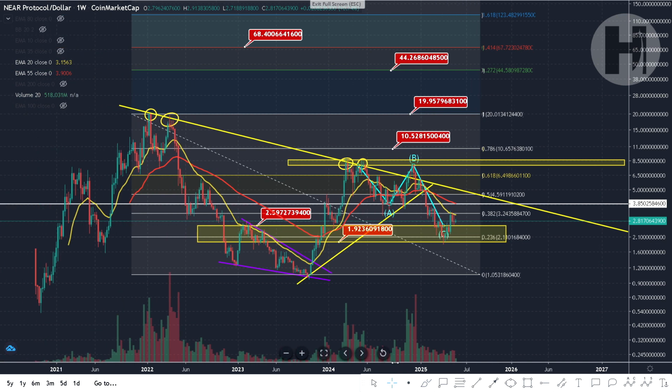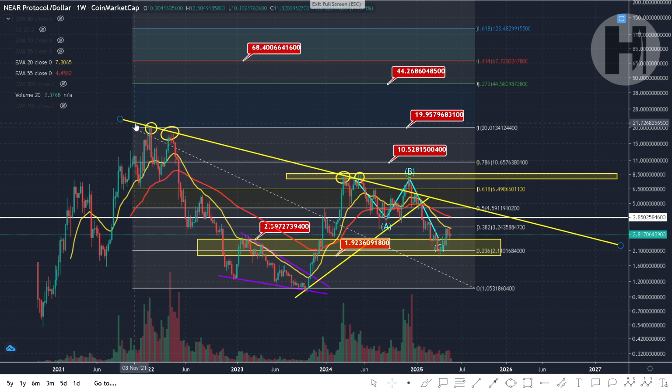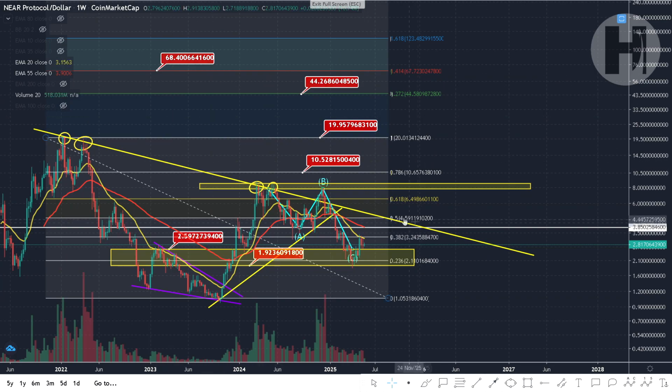If you zoom out a little bit here and you take a look at this massive descending diagonal resistance trend line, we've been bouncing off of it since January 2022. We had a bit of a fake out here in November 2024 and we thought we were breaking out of it, but we ended up rolling over and we dropped below it. So the important thing after breaking the 20 EMA is having a move all the way past